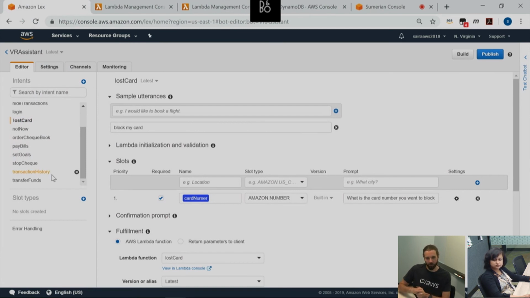And for each of those intents, why is it important to have a Lambda function in the fulfillment part? After that intent has been filled, it triggers a Lambda function. And what is the Lambda function doing? For each intent, the Lambda function is different.